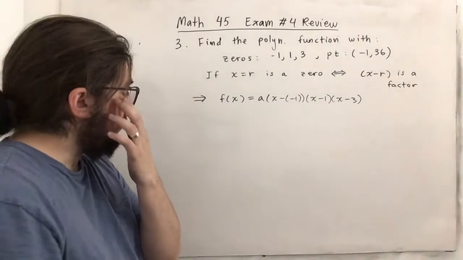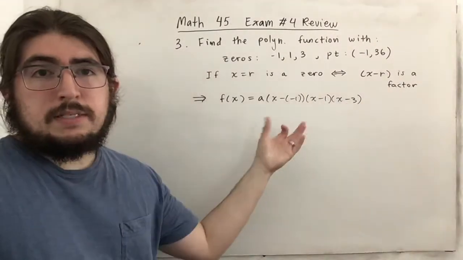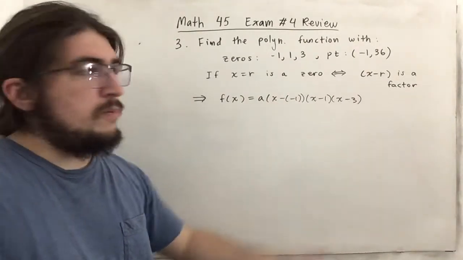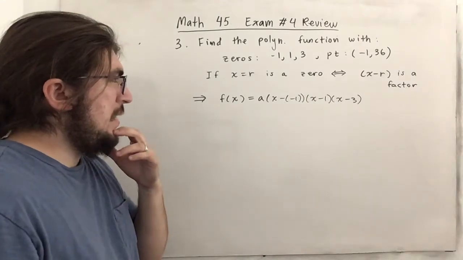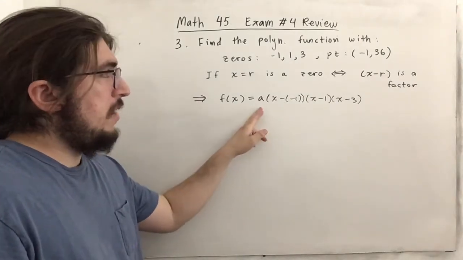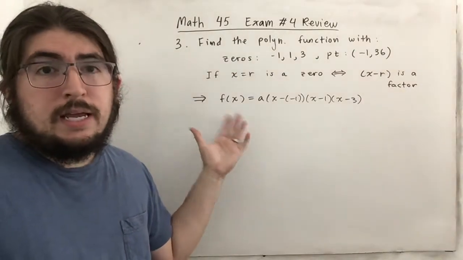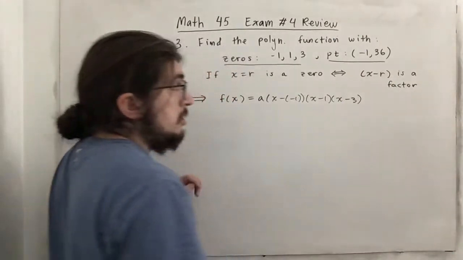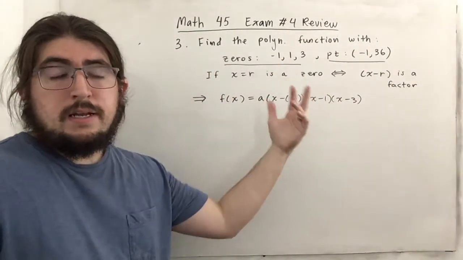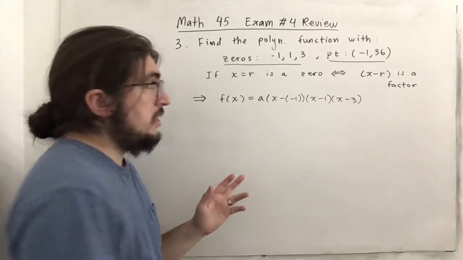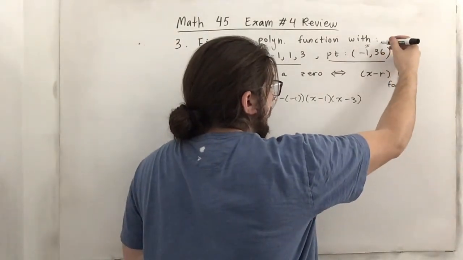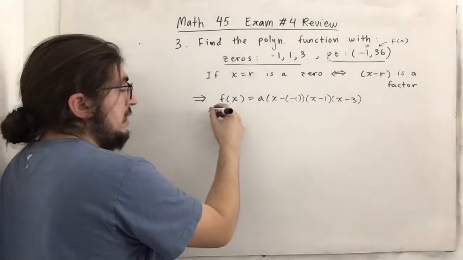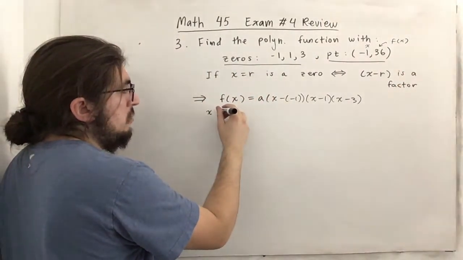Perfect. Now if we want, we can actually simplify this a bit. This is of course x plus 1, that's a difference of squares, and we can distribute and so on. But actually it's best to keep things factored, I think, because maybe we can solve for r better. Because we still don't know what r is, and we used this bit of information, but we did not use this bit of information. So remember that this bit of information here tells us that this is a point on the graph of this function. So when x is equal to this x value, then that means this y value will be our f of x value. So we can actually say when x is equal to negative 1,